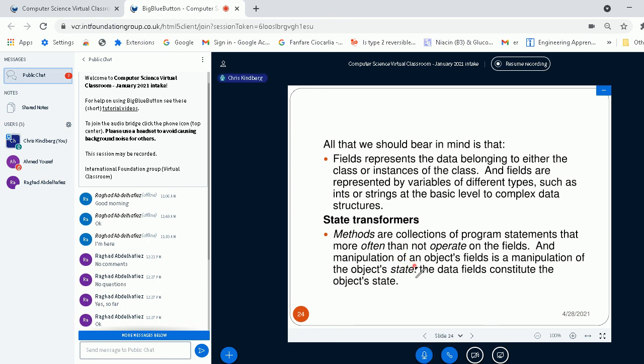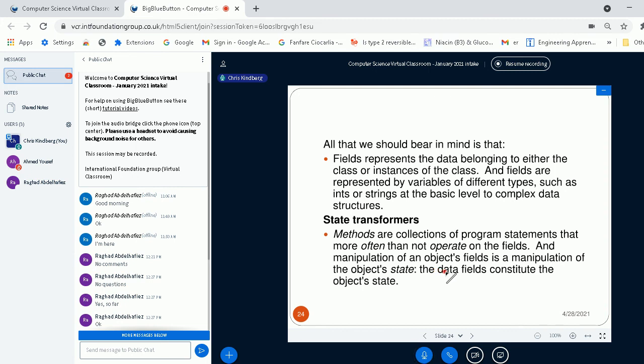So I'm now thinking of a class and an object as representing a package of data and operations on that data. And what I'm now thinking in terms of is seeing objects as having a particular state. It's the sum total of the values of all the variables.